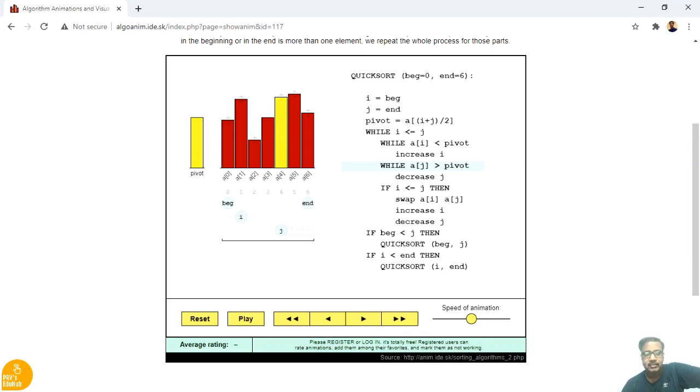Here quicksort especially will perform the partitioning of the list. The partitioning is done by choosing the pivot element. The left hand side of the pivot will be partitioned from the right hand side of the pivot, so that you get two sub arrays. That is the reason for the name partition. Whenever the partition happens exactly in the middle, then the time complexity will be of the order of log n. So this is the animation.